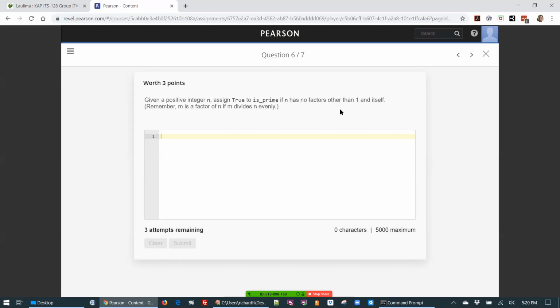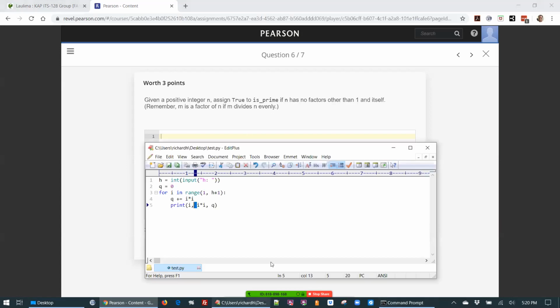If we go all the way up and no number divides evenly, then we know that the number is prime. All right, that's kind of a little confusing. Let's try to write some code here and see what that looks like. So first of all, let's read in an n. And then what we're going to do is